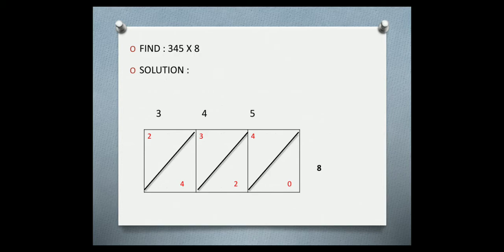Yes, well done. Summing up the numbers diagonal-wise, right? So we'll start from the right side bottom. What is the number in the right side bottom? You can see. Can you see? Yes. What is that? 0. Can you see any other number over there? No. Which means that I will write 0 over there. Well done. Now we'll go for the next diagonal.